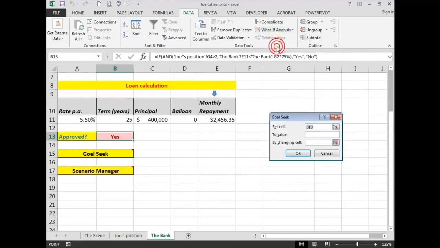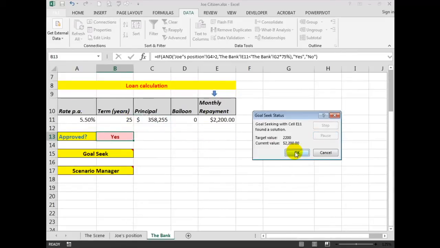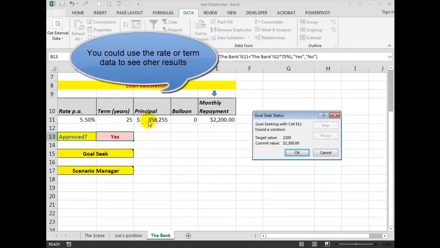So the Goal Seek works like this. We're going to set this cell here to a value of $2,200, and we're going to change this cell. By changing this cell, we can quickly work out, or have Excel work out for us, how much the principal will reduce for the lesser monthly repayment at the same rate for the same term. So when we click OK, Excel says for $2,200, you can borrow